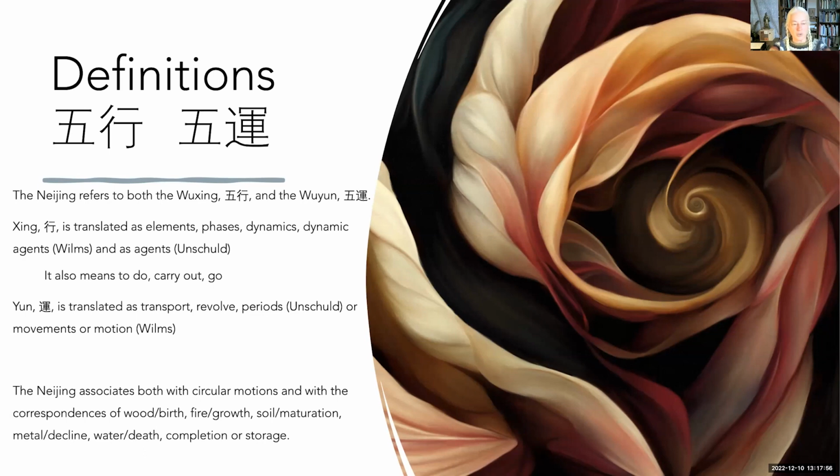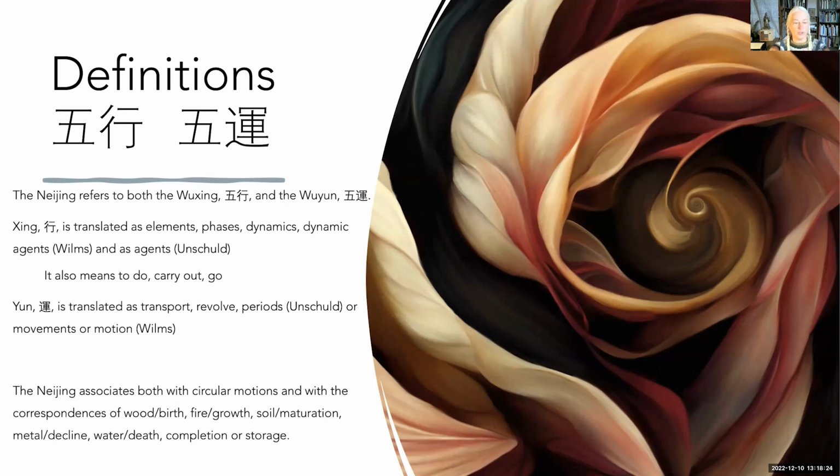The Neijing associates both of these, the wuxing and the wuyuan, with circular motions and with these correspondences. So wood corresponds to birth, fire to growth, soil to maturation, metal to decline, and water to death or